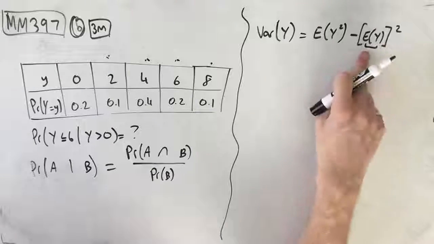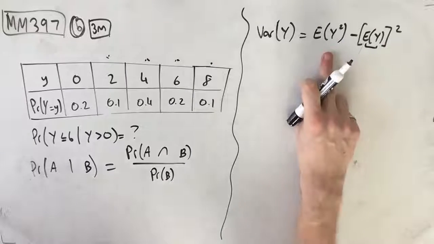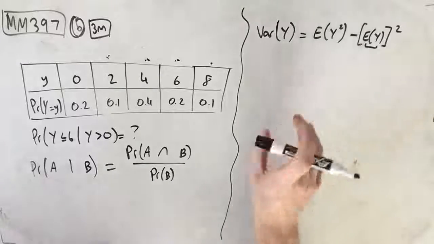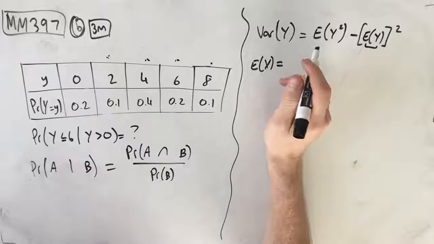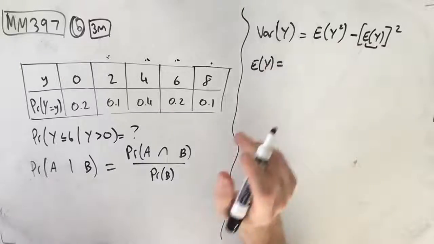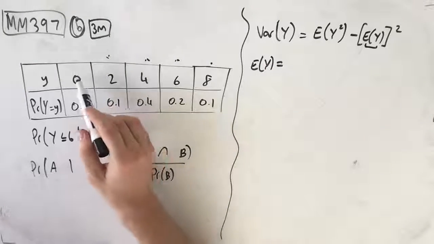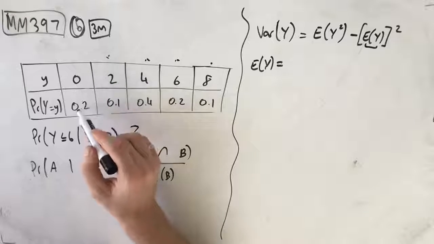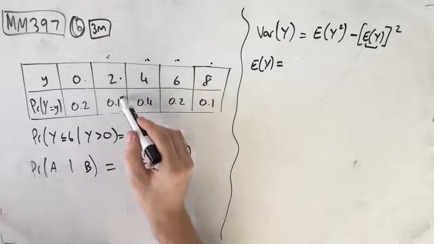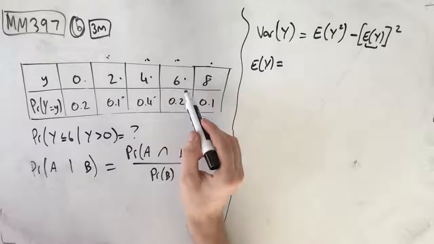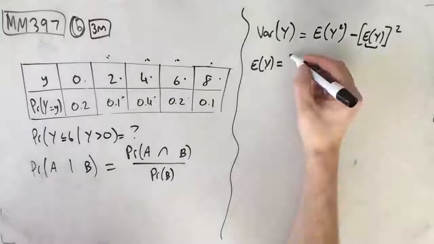So we need to work out what E of Y is and E of Y squared, and then merge those together within this formula. So how do we find E of Y? Well, E of Y is our expected value, or our mean, and the way that we find that is by doing our Y value multiplied by its probability and adding all of those together. Okay, so this times this, plus this times this, plus this times this, plus this times this, plus this times this. Okay, so what we get is 0